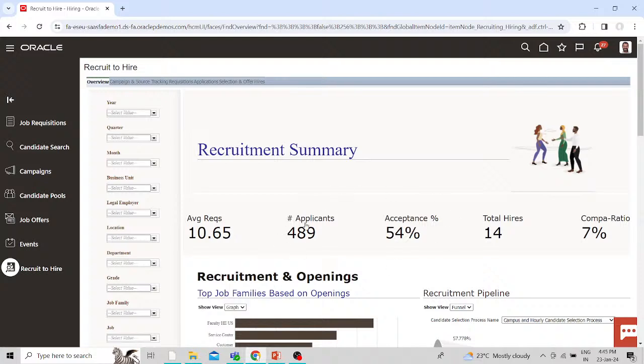So this is all about today's session, the hiring process, what is the hiring scope, and what steps you have to follow for the hiring, and how we can create the job requisition, the campaign, the candidate pools in the Oracle Fusion